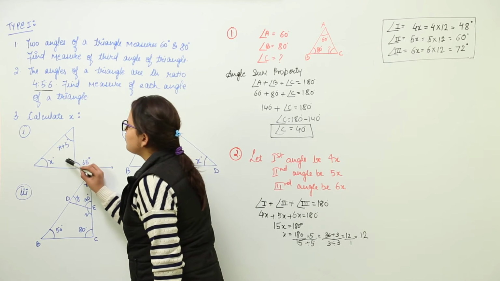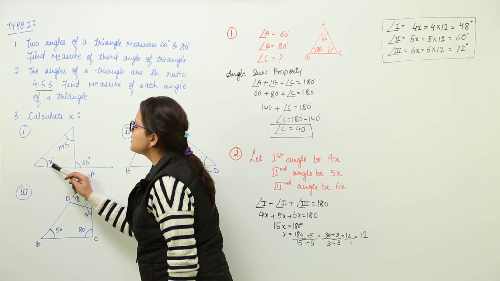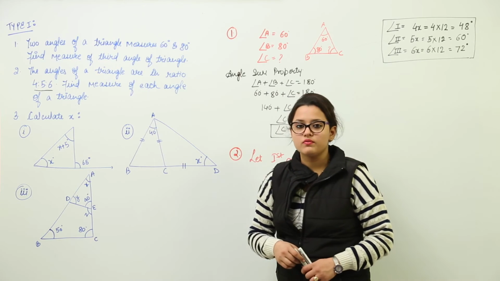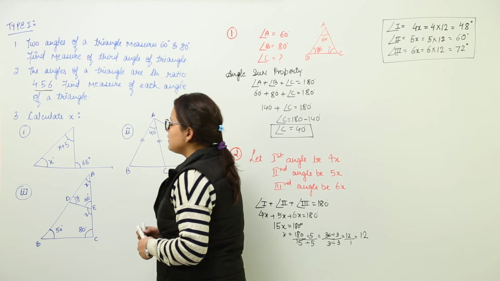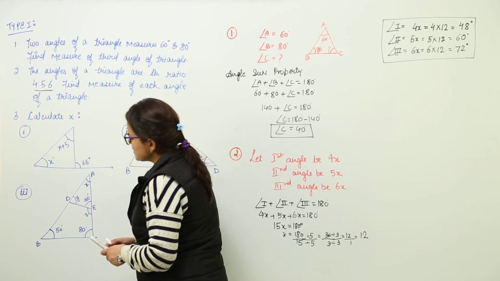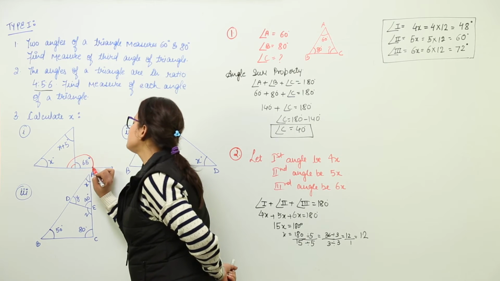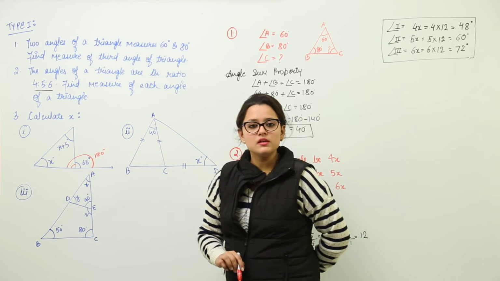How do we find out the value of x? Whatever be the value, it is going to remain the same here as well as here. So how do we find out the value of x? Simple enough. We know that this is the exterior angle, and the exterior angle plus this interior angle, their total is always going to be 180 degrees. Reason being, they are forming a linear pair.